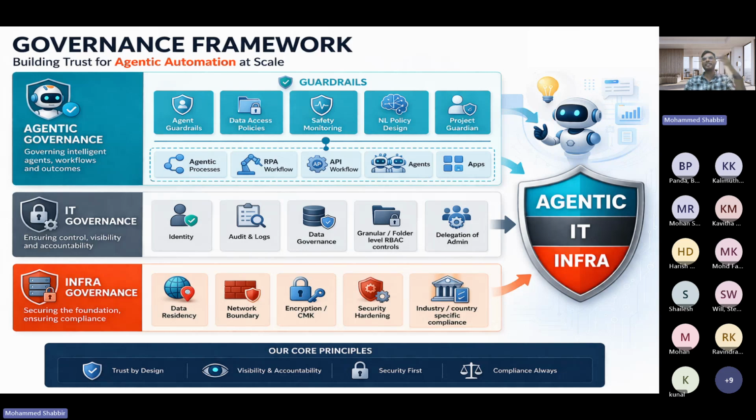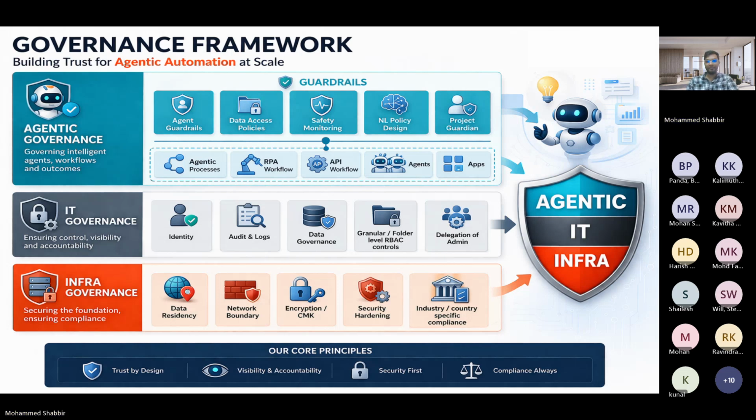Project guardian, as the name suggests, is the person who is guarding the agents. So you can think of this as a person similar to a solution architect. Okay. So just as the solution architect plays a role in traditional automation, in the same way, here the project guardian handles the roles of the solution architect, and he'll make sure all the governance policies set by the organization or UiPath